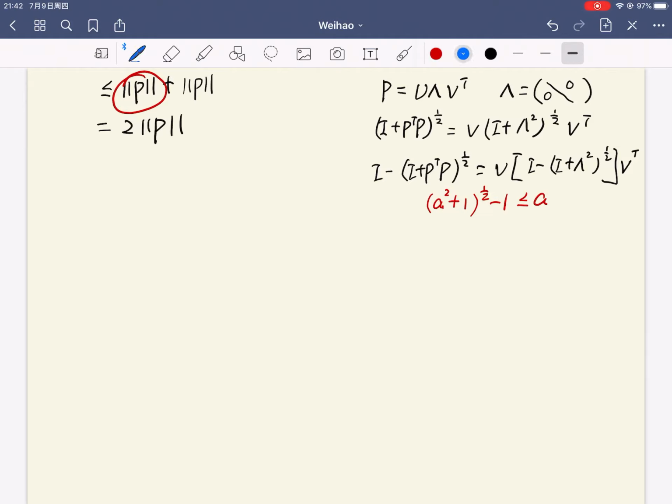Because we already showed the perturbation, the operator norm of P is upper bounded by, so the perturbation of Q